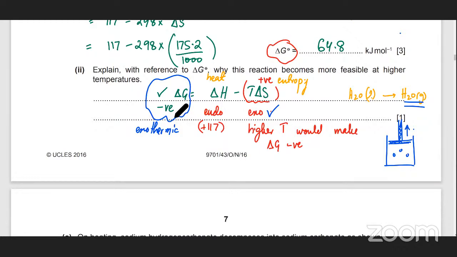तो डेल्टा जी को नेगेटिव बनाना है, जितना वो नेगेटिव होगा उतना वो फीजिबल होगा। जितना वो पॉजिटिव होगा, अगर T को जीरो कर दो, तो इसका मतलब है कि एंट्रोपी चेंज से तो कुछ फर्क नहीं पड़ने वाला। डेल्टा एच एंडोथर्मिक है, तो डेल्टा जी डेल्टा एच के इक्वल हो जाएगा and that would become endothermic, and that would mean कि आपको उसको एनर्जी देनी पड़ेगी, वरना वो रिएक्शन नहीं होने वाला।